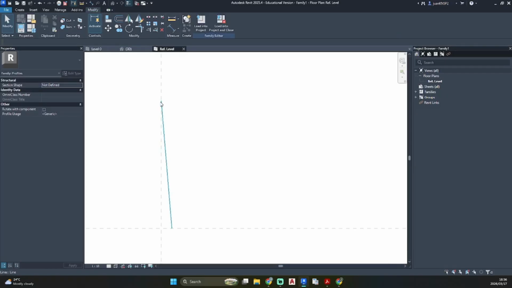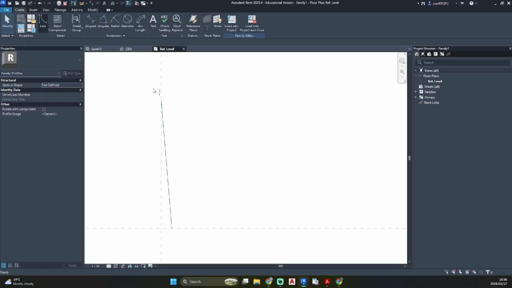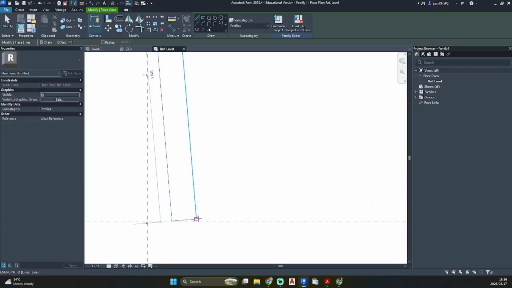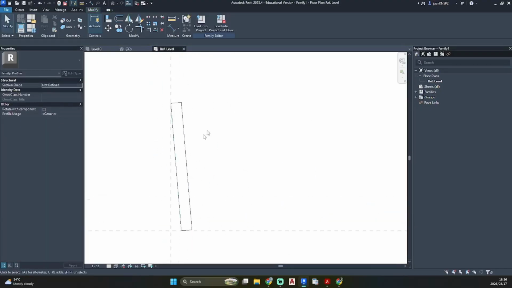So my shiplap is going to sit on that angle because it needs to sit on top of one another when we load it into our project. So with this, I'm going to go create again, line, and I'm just going to draw in 10 more and take this to there and connect it like this. So there is our panel.